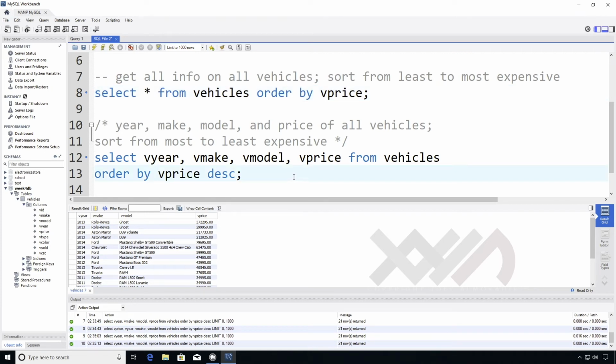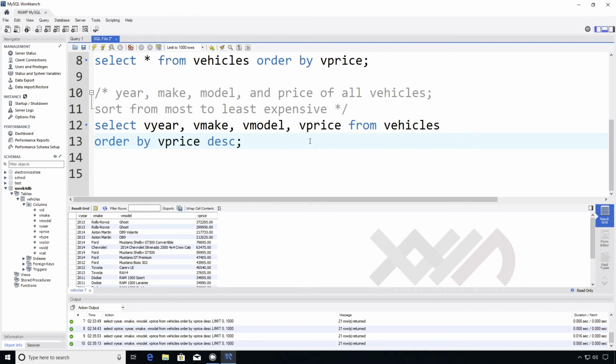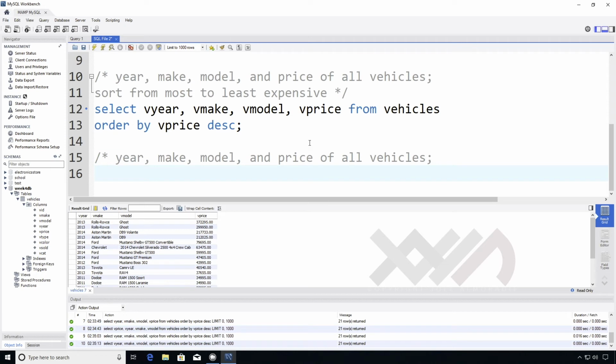All right. So can we sort some other way? Actually, I'm going to do this. I want to sort by year, and then I want to sort by the make, the company that made the vehicle, and then I want to sort by the model. So multiple field sorting, that's what this is called. Let's just say year, make, model, just like the top, and price, of all vehicles, but this time sort ascending, by year,